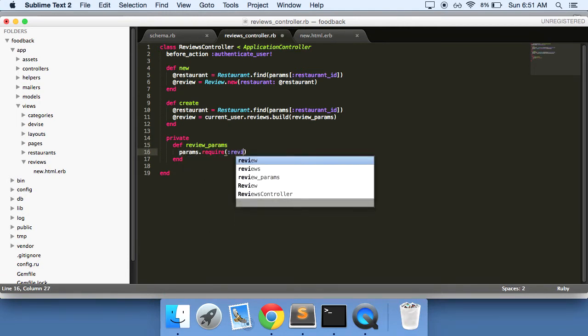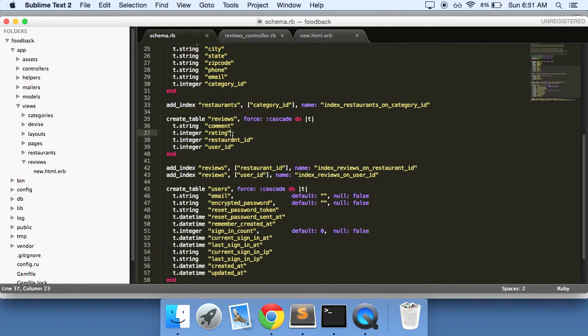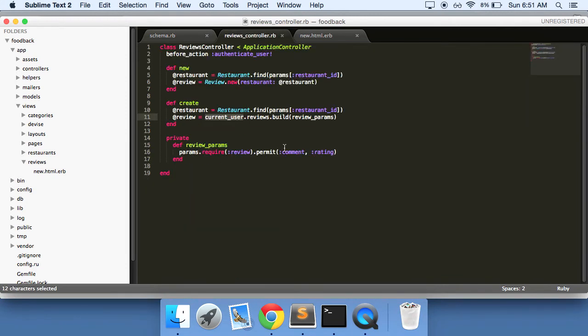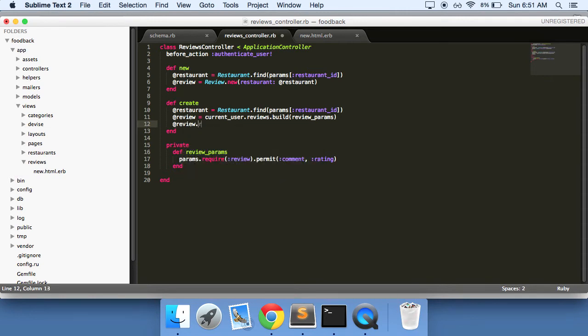Params require review, permit, comment, and rating. What this is doing is saying grab the current user, and when you build out this reviews record, plug in the current user in that ID. So back into our schema here, it's just filling this user ID with who's currently logged in, which is in our case Bob here. So now we say review dot restaurant equals add restaurant,